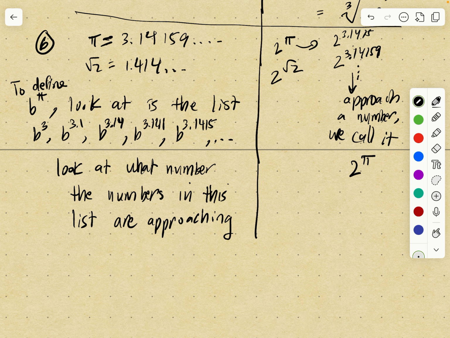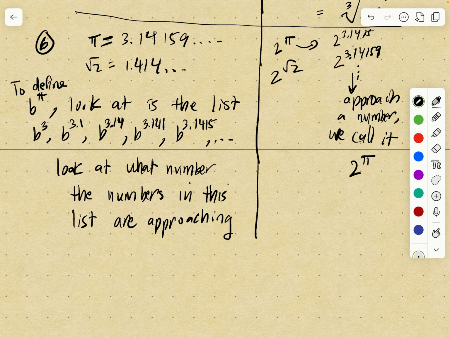And as your exponent gets closer and closer to pi, your outputs, your values get closer and closer to 2 to the pi. So that's how you define 2 to the pi. It's that number that the numbers are getting closer to. And similarly for 2 to the square root of 2,